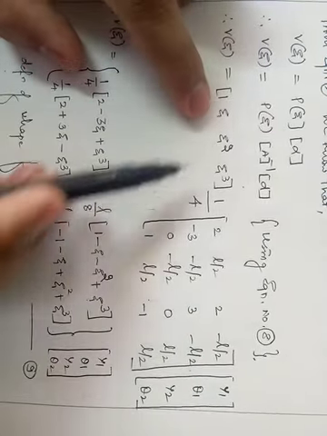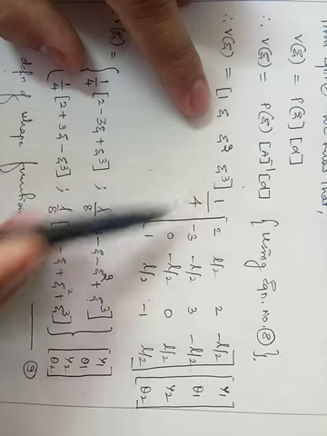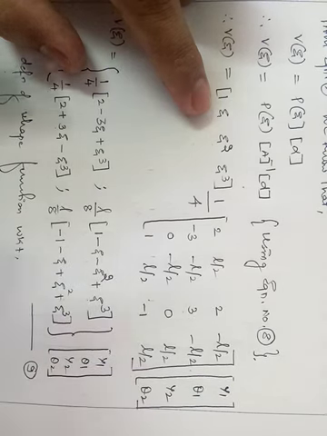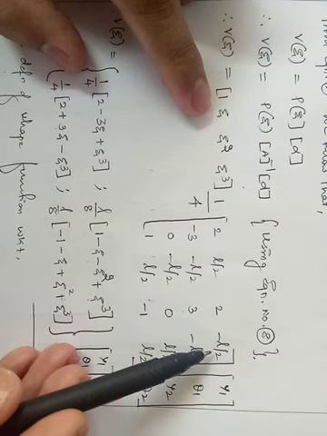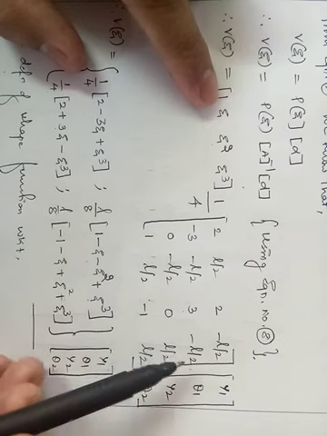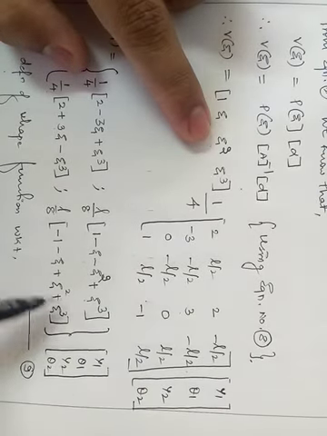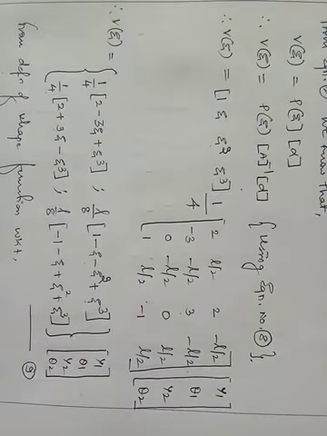Now once again for the third one, 1 by 4 you keep it out, 2 into 1 is 2 plus 3 into zeta square into 0 is 0 and minus zeta cube. Similarly for the fourth one, L by 2 is common, you place it outside, L by 2 into 1 by 4 is L by 8. Right? Now remaining terms we will be getting minus 1, 1 and 1. So minus 1 into minus 1 is minus 1, minus 1 into zeta is minus zeta, 1 into zeta square is zeta square, and 1 into zeta cube is zeta cube. Right, so this is simple multiplication. Please don't go wrong while multiplying the terms.